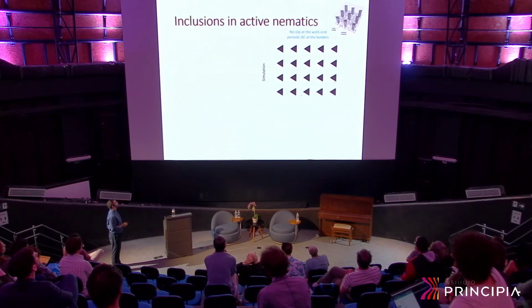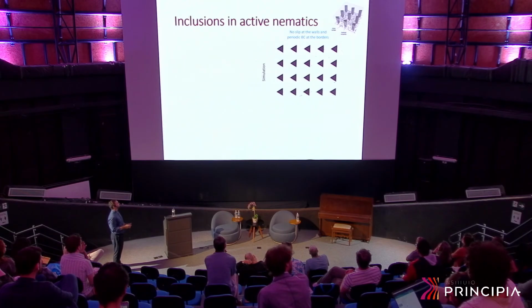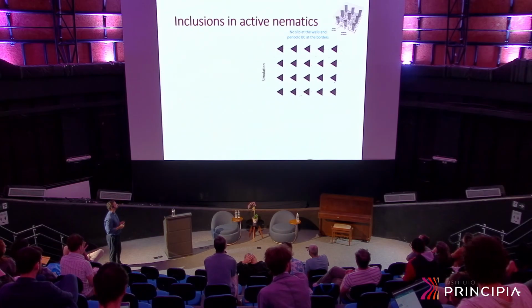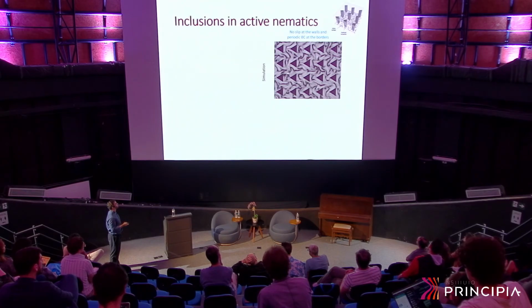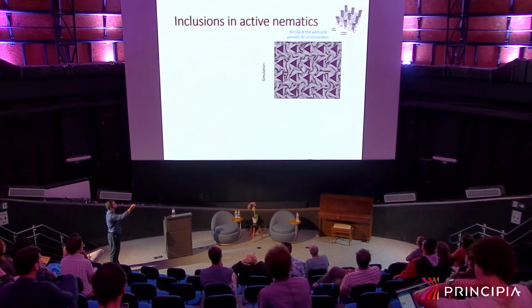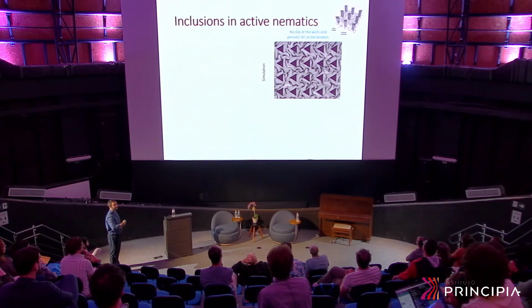So okay, we have tried a few different configurations, and we saw using simulations that when you use an array of triangles, we can direct the flow, which is usually chaotic, of these active nematics. So here you can see the director field. It's not so easy to observe that it's flowing to the right, but you can see this in the velocity